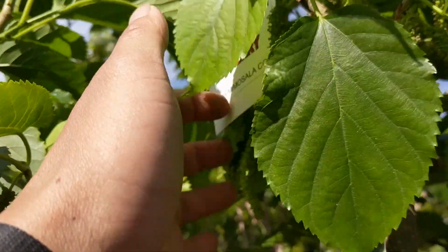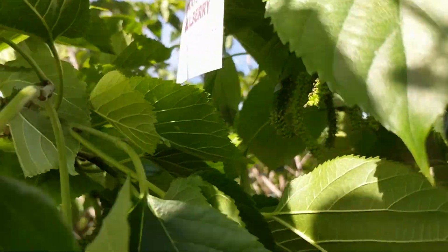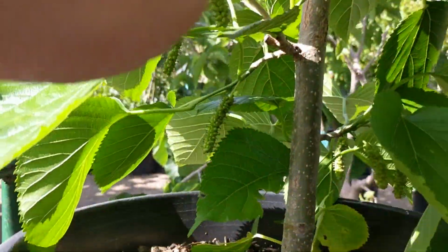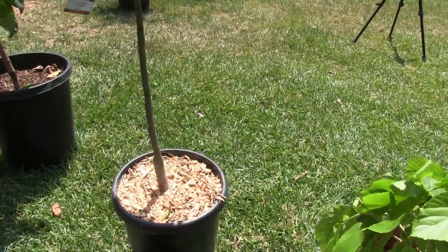It's loaded with fruit. May not be a good thing, but it's loaded with fruit. And this was the other consideration. Okay, let's move along and look at our